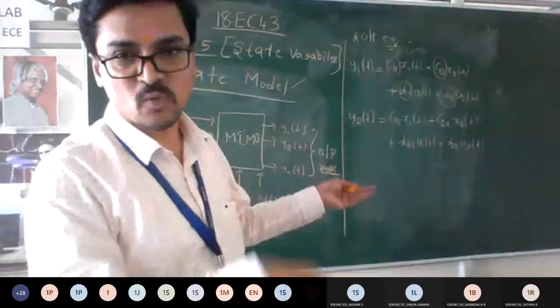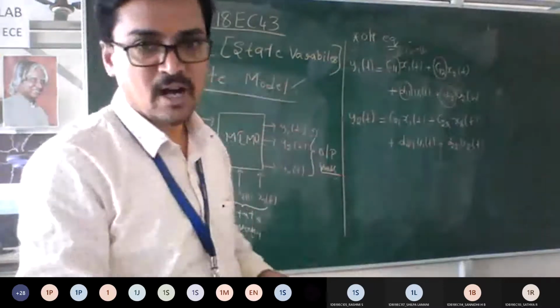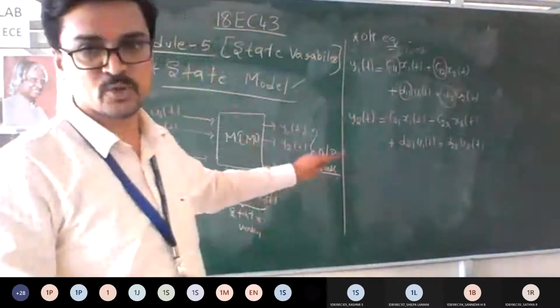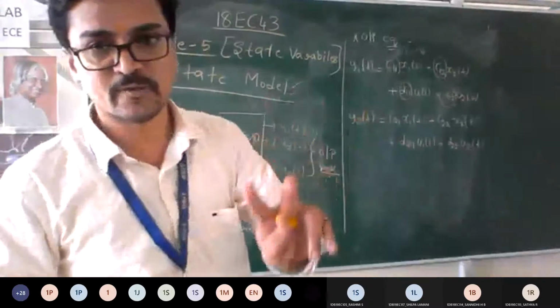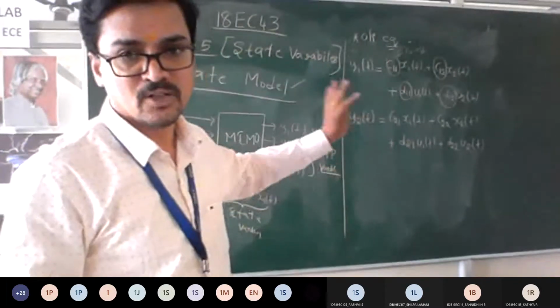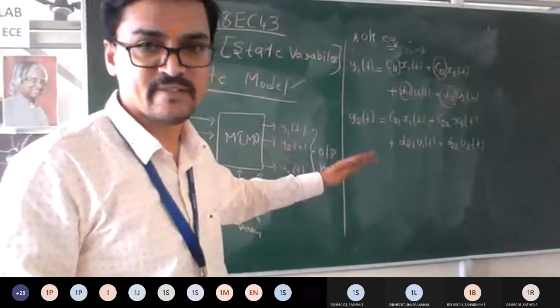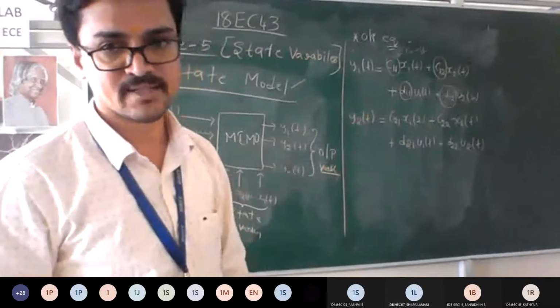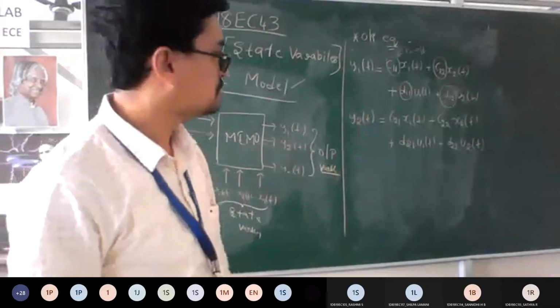I hope everyone understood what I wrote. Out of y1 to yn, I am just choosing. Assume that there are two stored variables, then I need to get two output equations, y1 and y2. This is how we can write it; if it is 3, y3, if it is 4, y4, and so on. Is it fine? Shall I proceed?